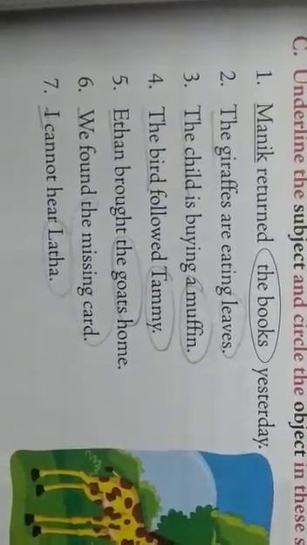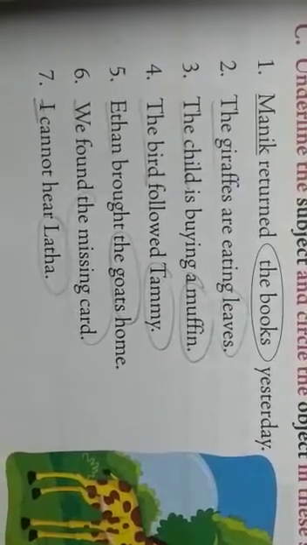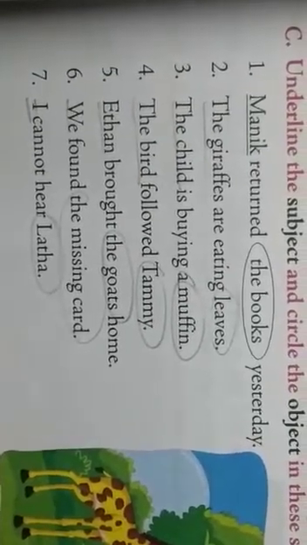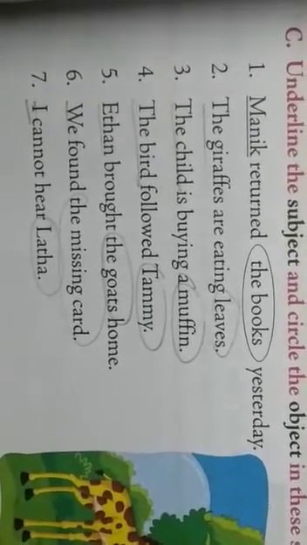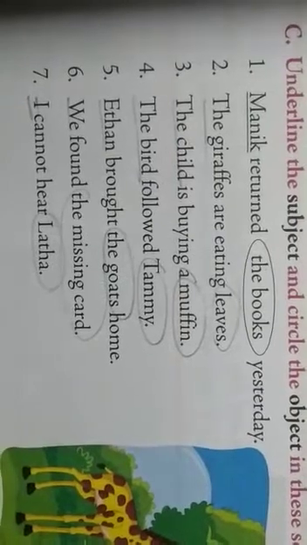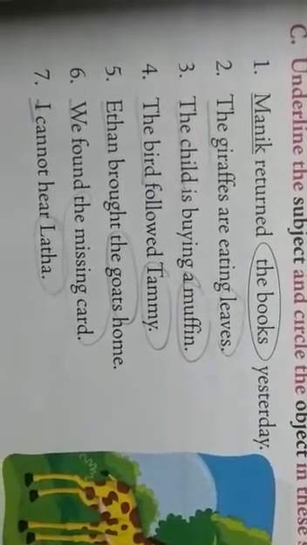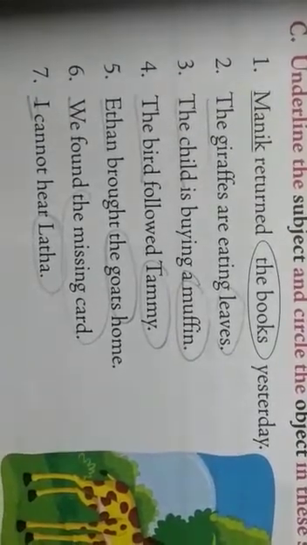Third one. The child is buying a muffin. Who is buying something? The child. It's the subject, whereas muffin is the object. Circle that. Fourth one. The bird followed